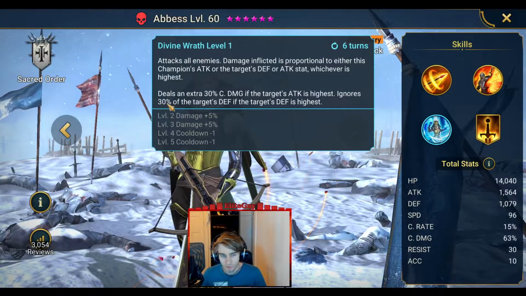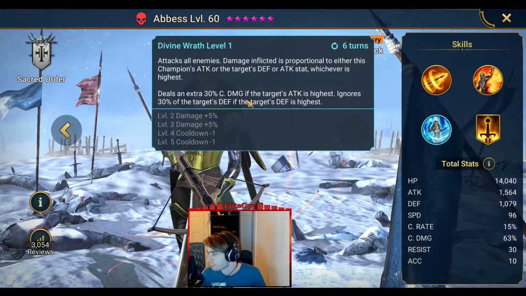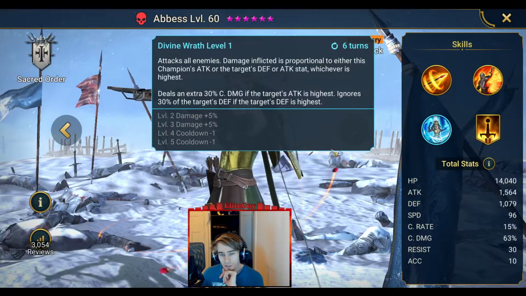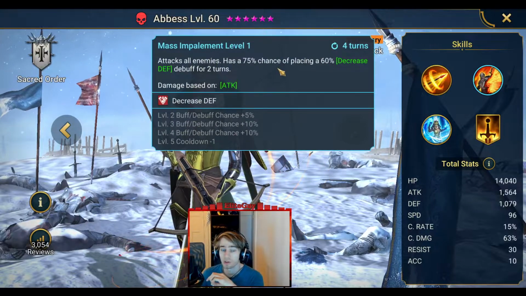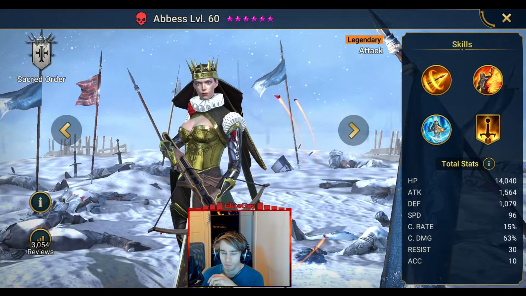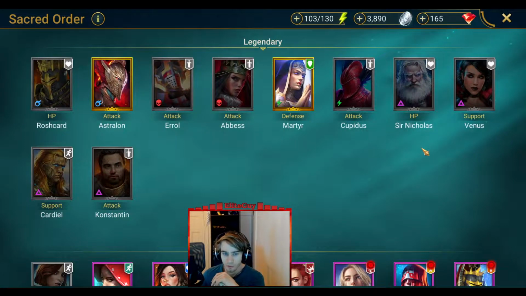If you have her in Savage and Helm Smasher procs, that will in total ignore 80% of the target's defense, and that's insane. The damage multiplier is 4.5, so she's actually one of the hardest hitting champions in the game with this ability here. And it's useful in dungeons because of this 100% increased defense. But if you're gonna make an arena champion, you probably don't want any accuracy because that's gonna take away from